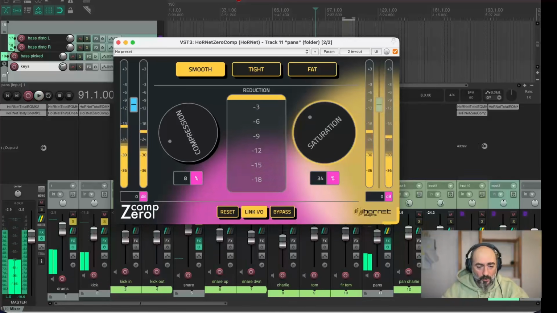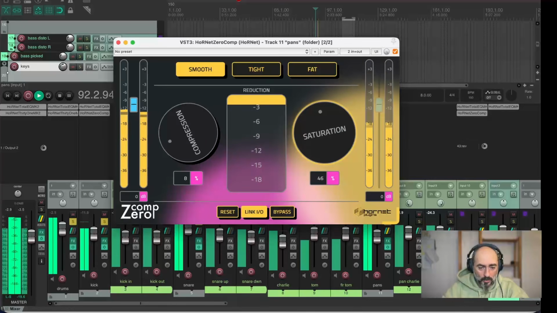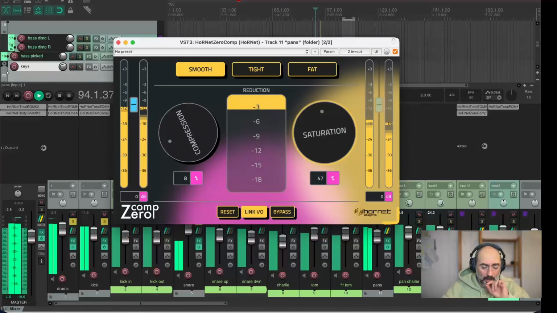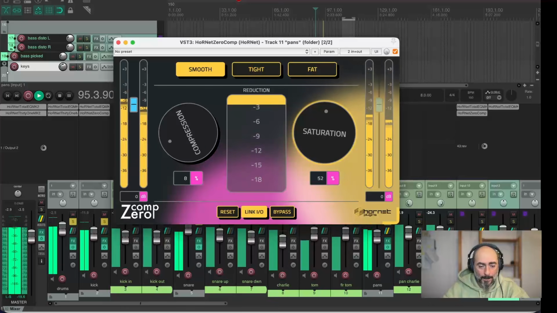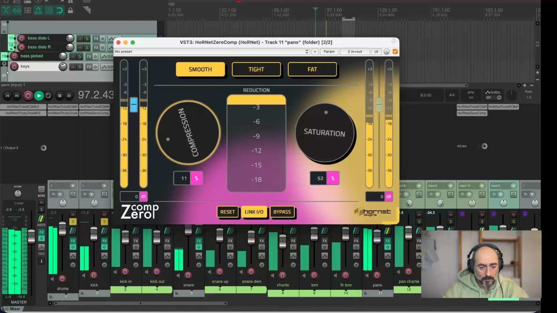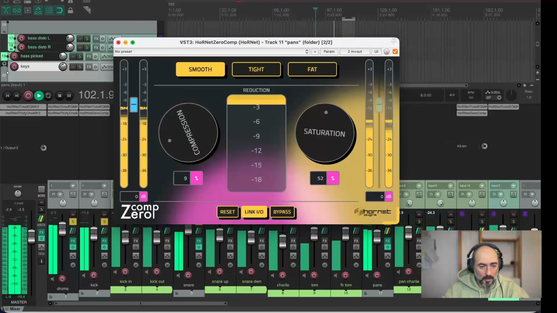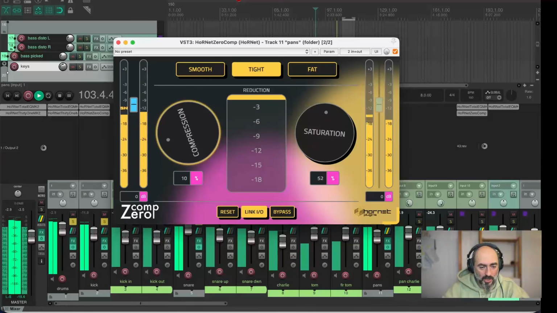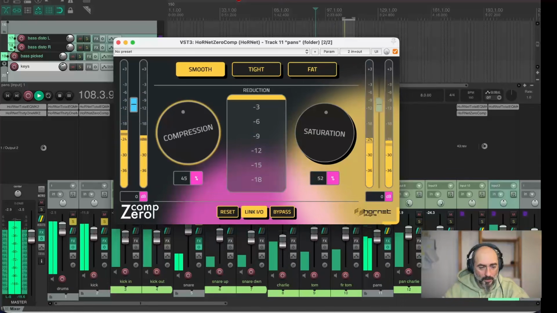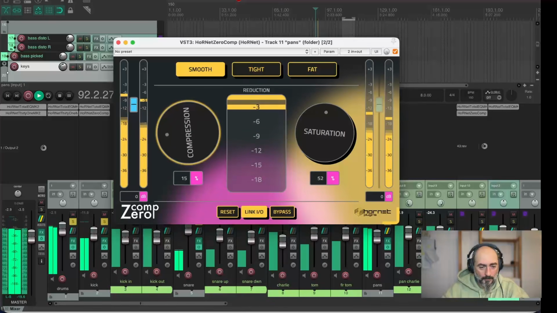A little bit of saturation to manage the spill from the snare drum. And this may be good. Let me try the tight model just out of curiosity. I think the smooth one is better here. Okay,